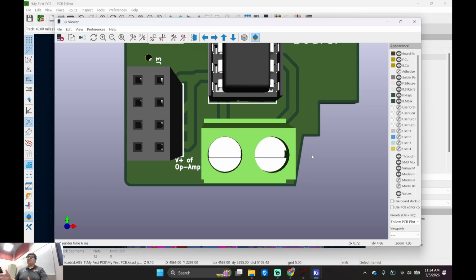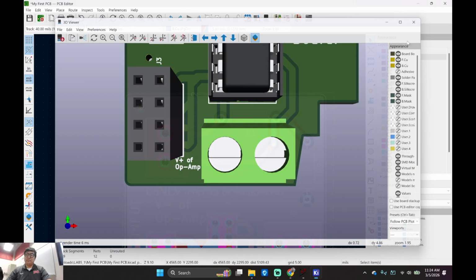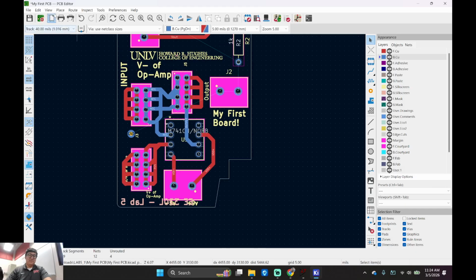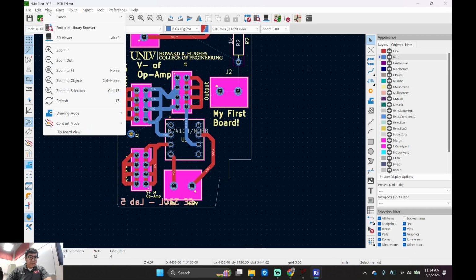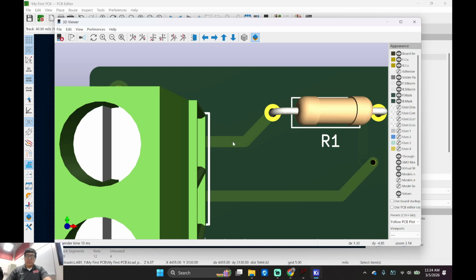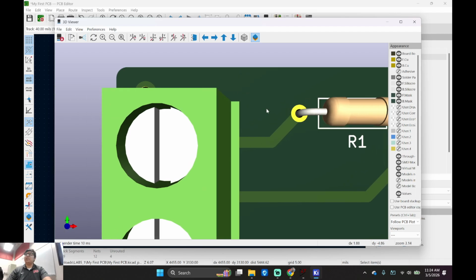So you know how some PCB manufacturers say 3 to 7 business days? If you do the following, let me delete this. View, 3D viewer. That's our copper right here, right? But you see there's no copper there, right? Are you seeing that? They're going to have to etch out all that copper. You're going to be the 7 business day guy, okay? They're going to look at you and be like, okay, 7 business days. So that's why we have to put the ground plane, so it makes it faster for fabrication, okay?